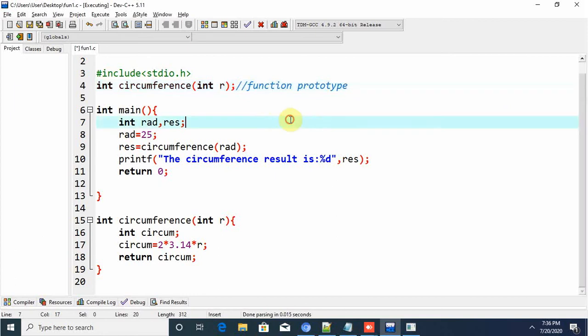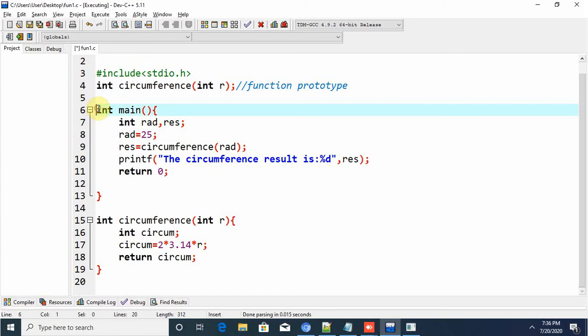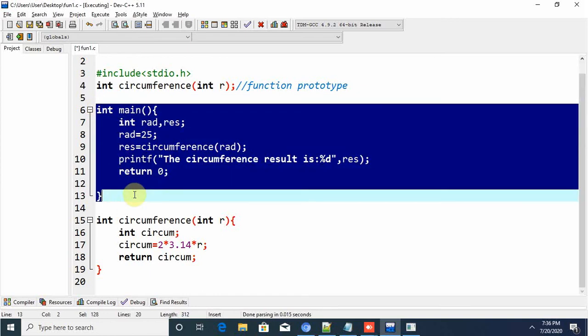Sorry, I don't get you. Int main? Yeah, this is for the execution of the program. This is for the execution.